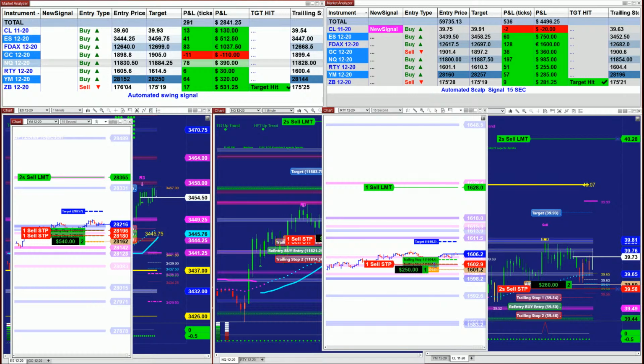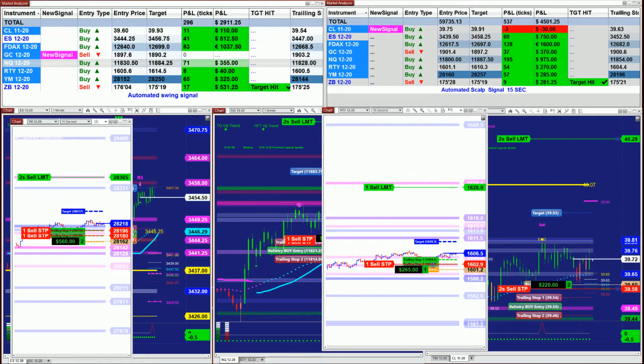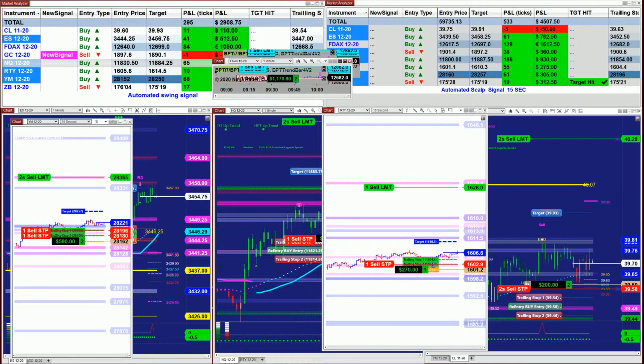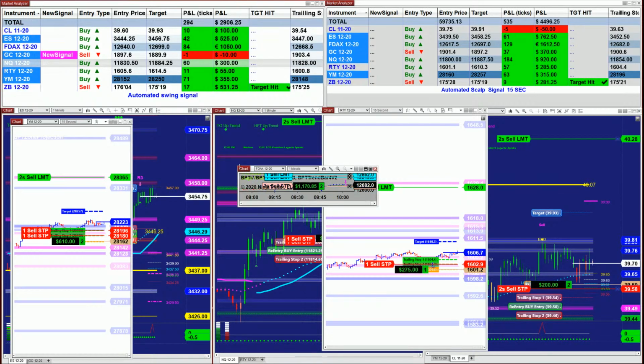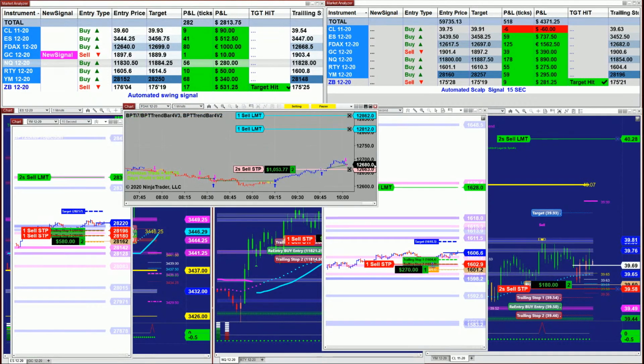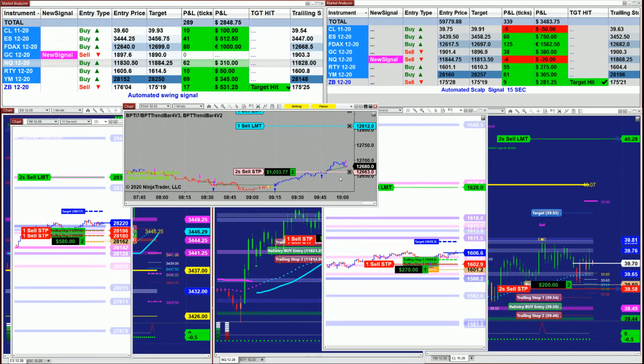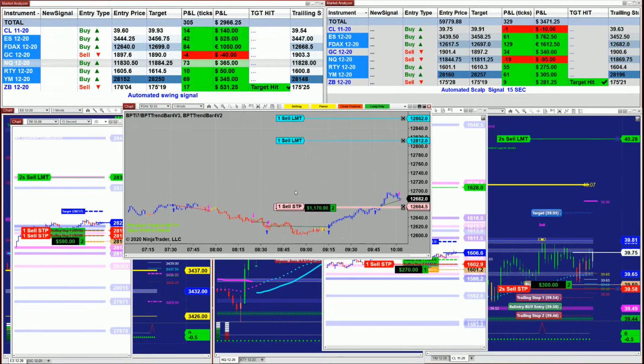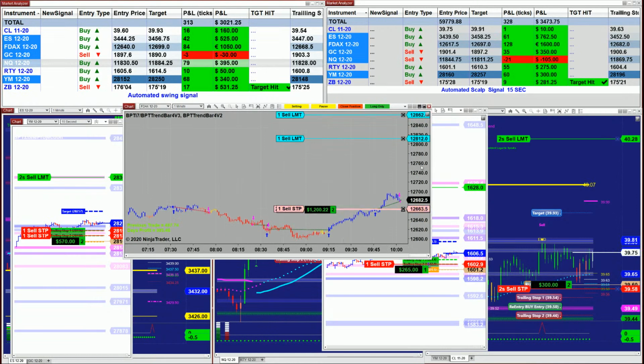Okay, so this is what we are chasing, and then we have a different type of automated trade. I will bring it down. This is the DAX. This is a totally different automated trade. We still have two contracts on the DAX, and this is absolutely, this is a 1 minute, gentlemen, and it is doing an amazing job. We'll try to get